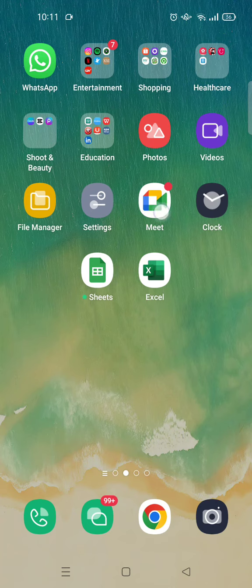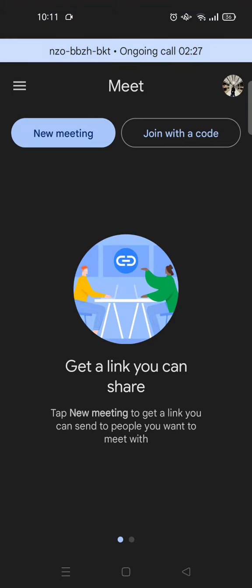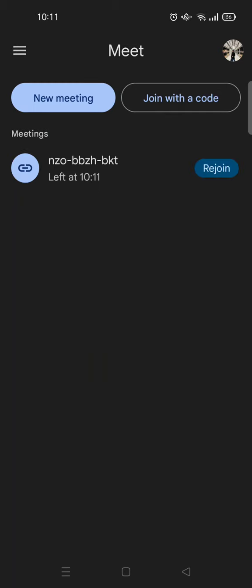So just open the Google Meet app first, and then here at the Google Meet homepage, you'll find the history of the meetings that you used before, with the same meeting code. So if you want to use that, you can just click on the rejoin option. You'll find the rejoin option beside the meeting code. Just click on that,